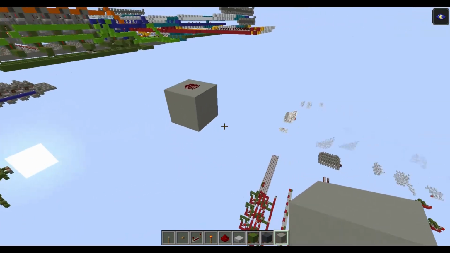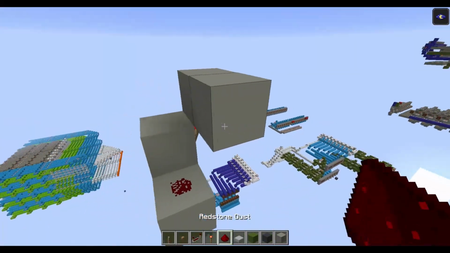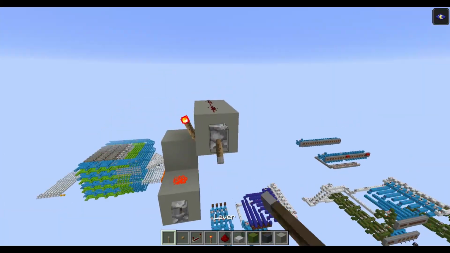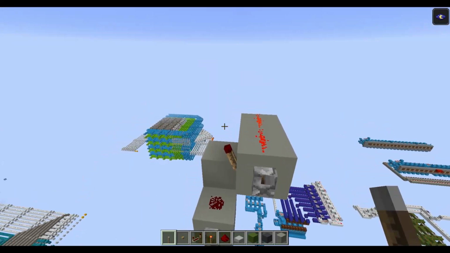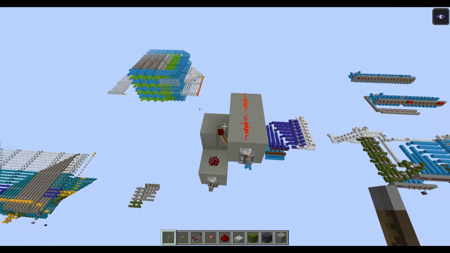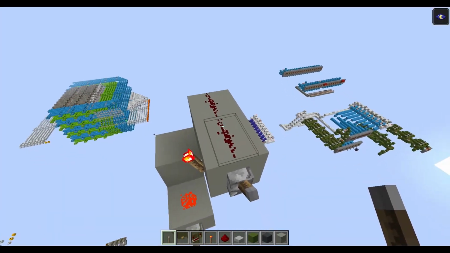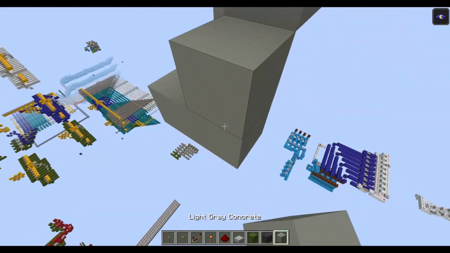Let's start the building with this really simple memory cell design. So here we have a memory cell, and we will use it by default in this state. The input is here, and here will be the reset line. So let's build the input.